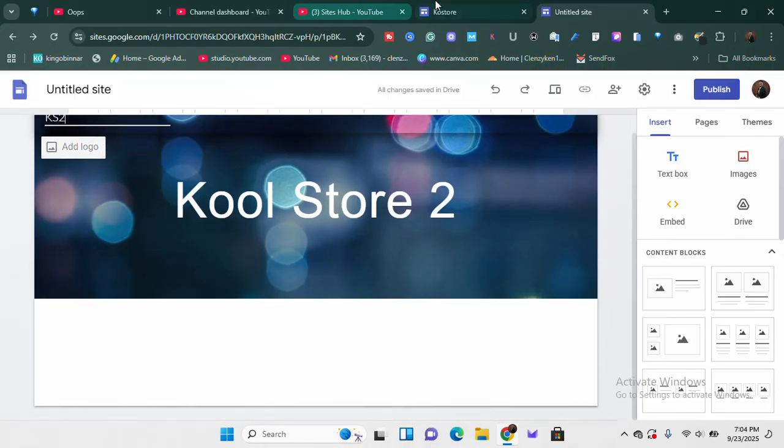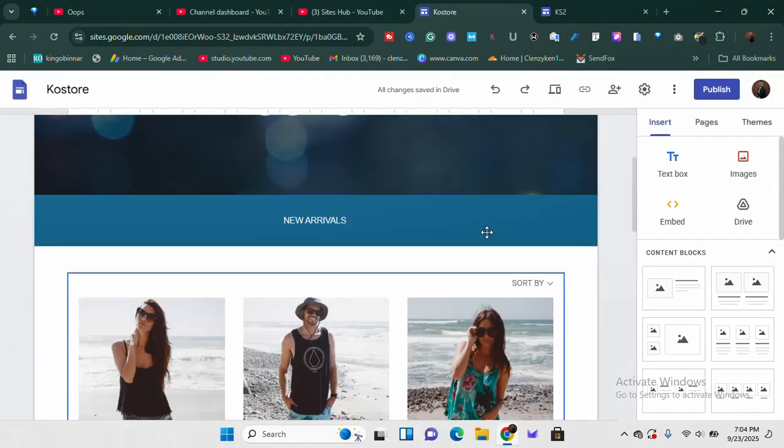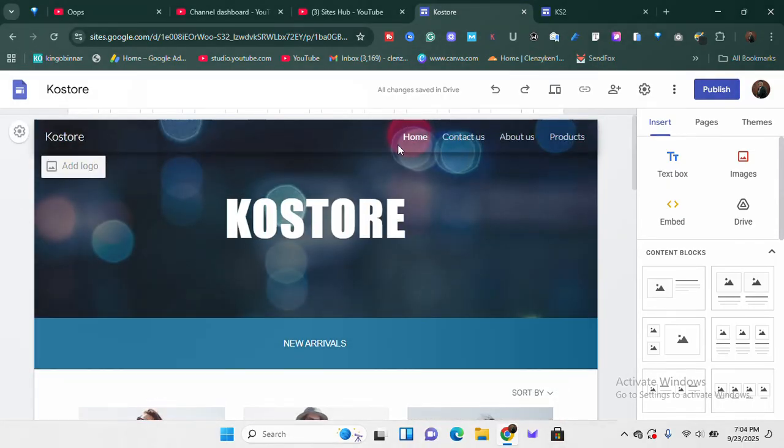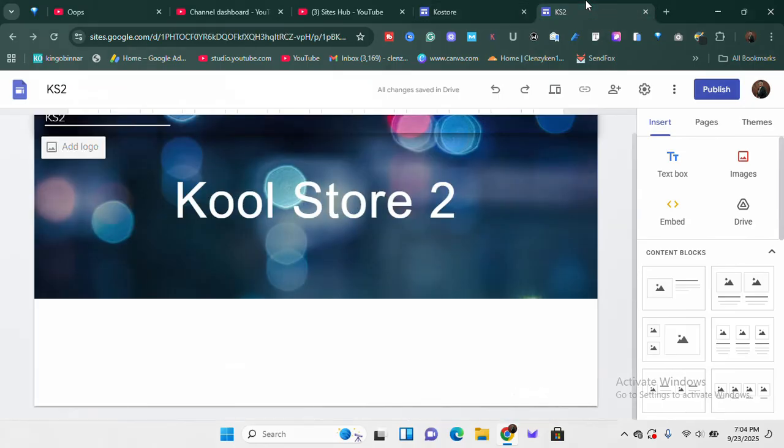Now in this step, if you watch the one I've created previously, it actually has pages. As you can see, there's home, contact us, about us, products, and you can have as many pages as you want, even return policy, privacy policy. You can have all of those pages easily. And how can you add a page? Just come over here,